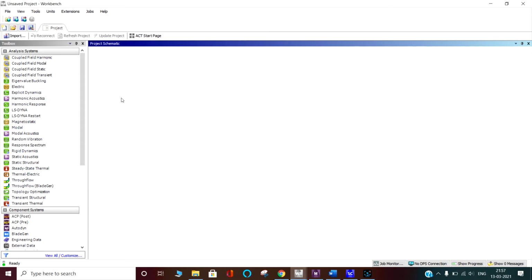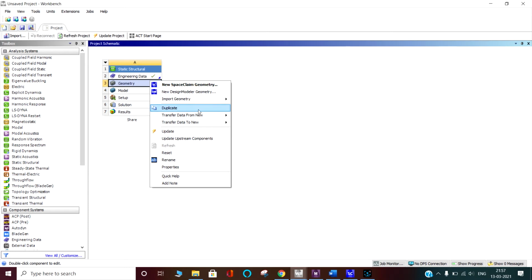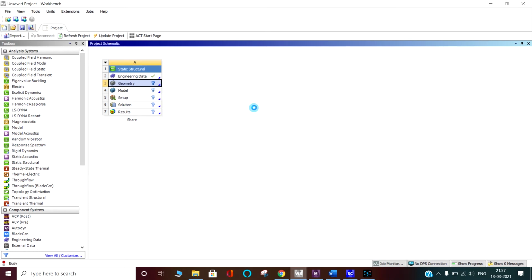So this is the project schematic. Here we take the static structure, pick and drop it into the project schematic as a standalone system, and we name it share. Here I am importing the same geometry, import share.